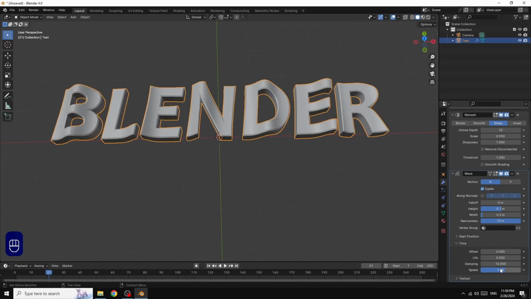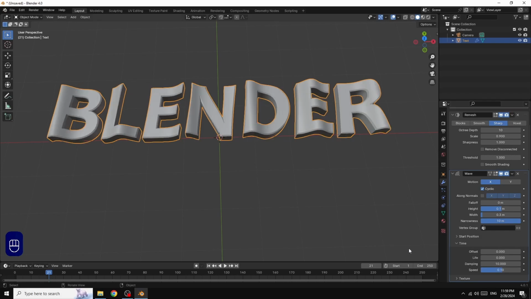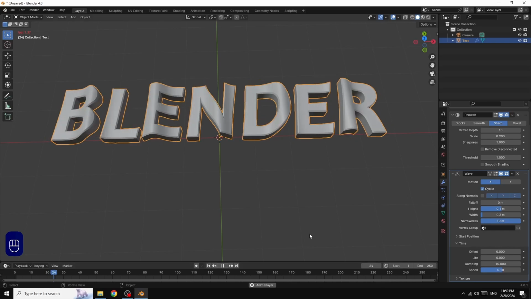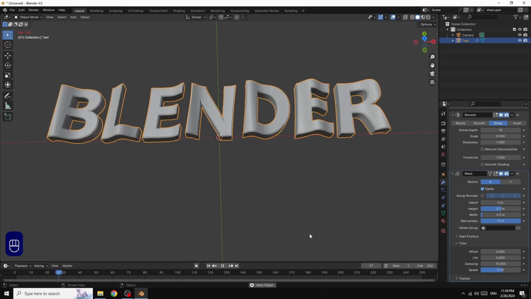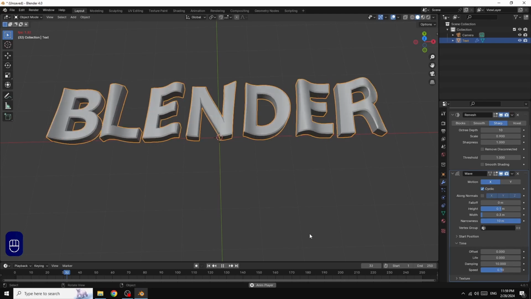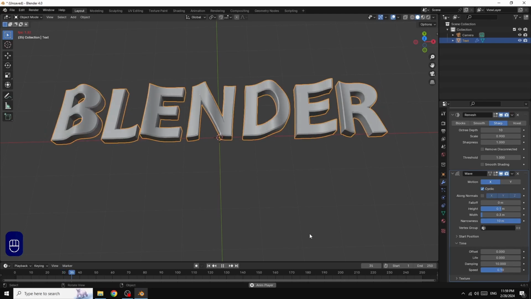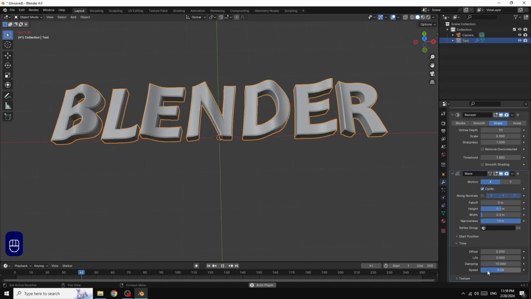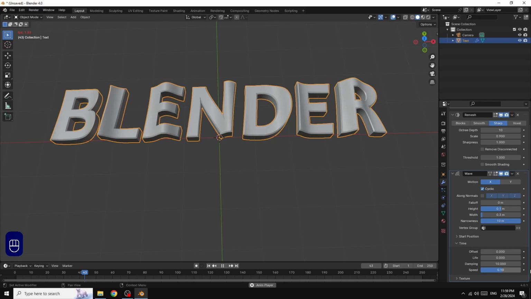Okay, I decrease maybe this to 0.1, and we see now it moves slowly. You can increase or decrease this.